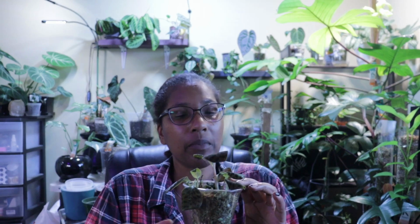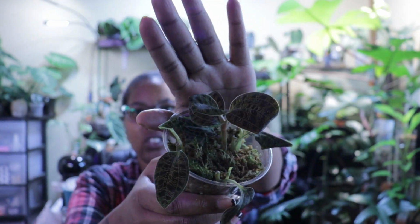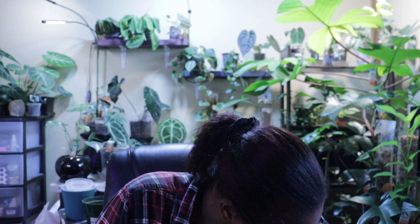I think what I'll do with that is, in a different video, I will clean up my terrariums, and then we can put these ones back in with the mother. But don't they look pretty though? They are so pretty. I don't know if the color based on my lighting shows up. They're very, very pretty. Okay. Now over here,